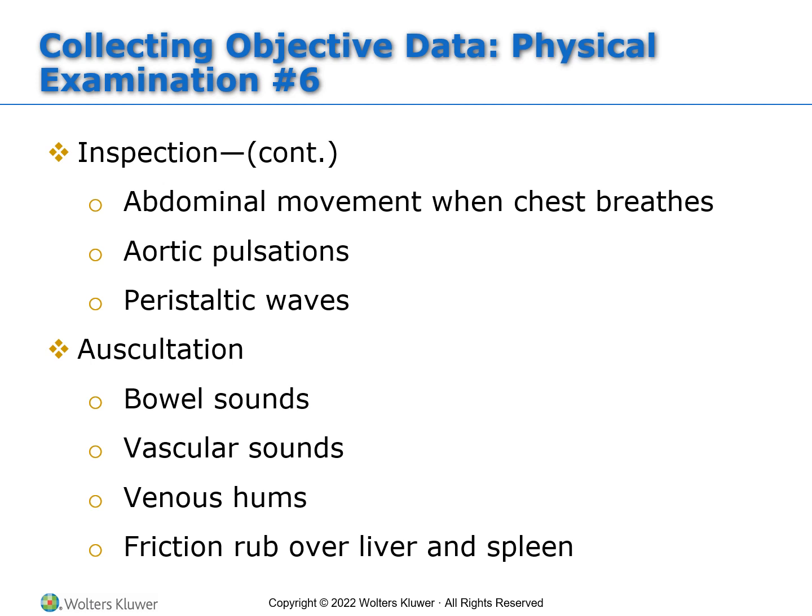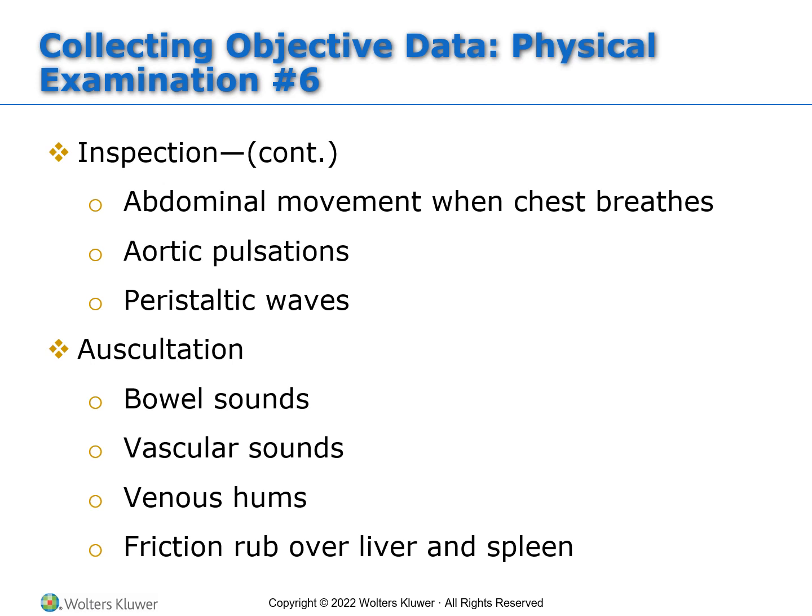We did talk earlier about the venous hum and the friction rub over the liver and the spleen. So normally you shouldn't hear any of those things, okay? The venous hum is when you use the bell of the stethoscope and you hear that hum in the epigastric or the umbilical area. They're usually rare, but it could suggest increased collateral circulation between the portal and the systemic venous system, and possibly